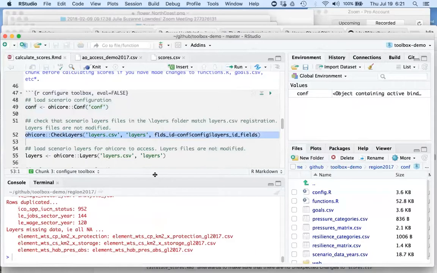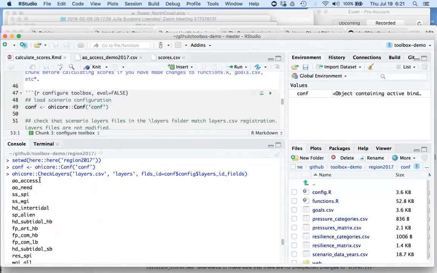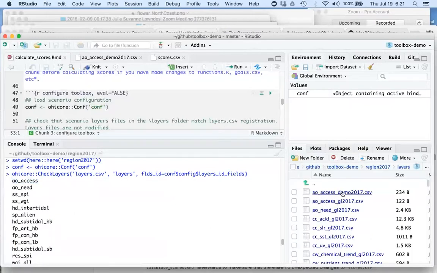The output is it will go through every single row in that layers.csv file that we were looking at in Excel. It'll go through every single row and make sure that, first of all, the matching file exists. So it will actually look to make sure that the file that was registered exists here, and that it has data for every region,